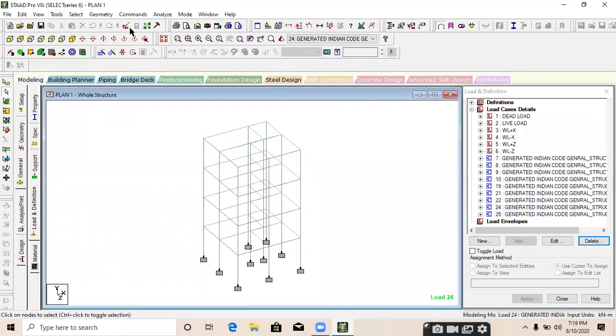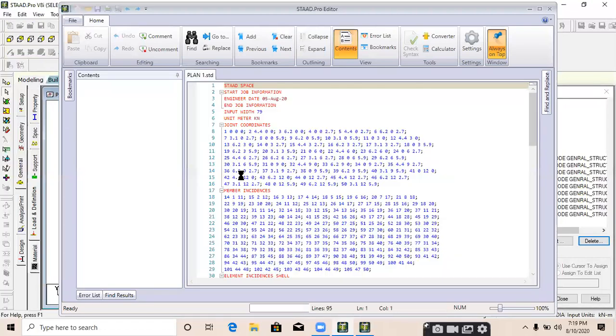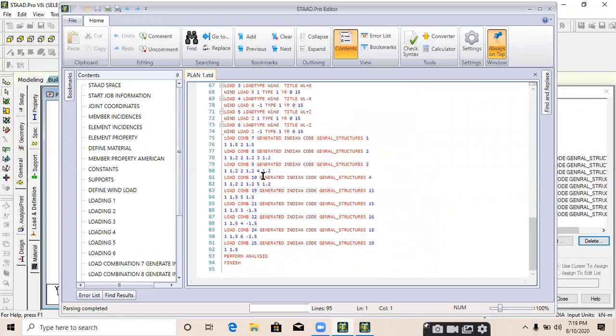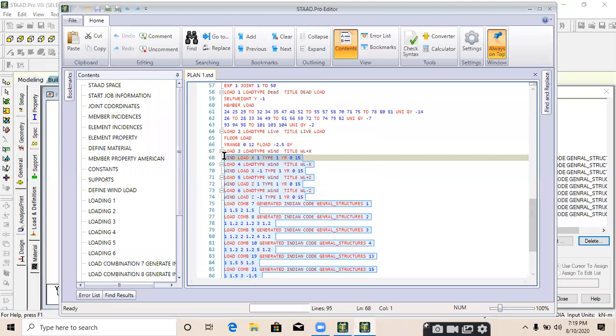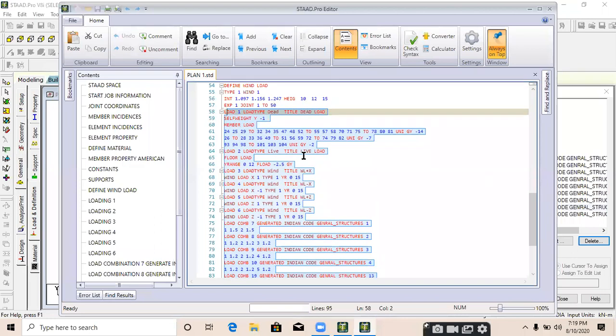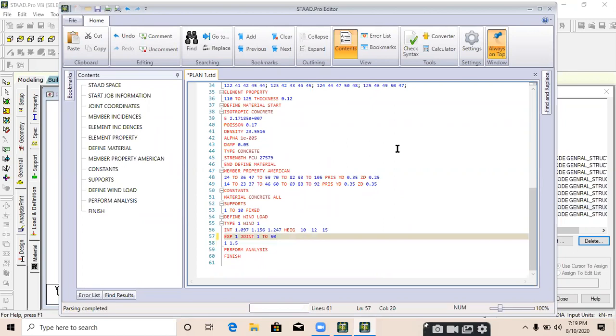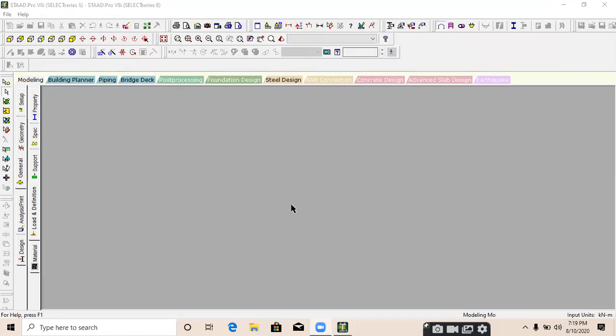You can directly delete these load cases from the stat editor. Just go to stat editor and delete all these generated load combinations up to self weight and load 1 dead load. I just delete all the load cases and close it, save.